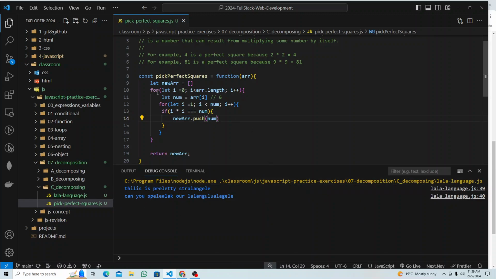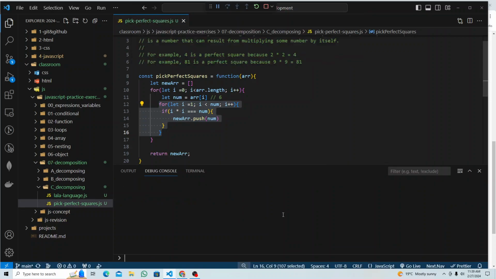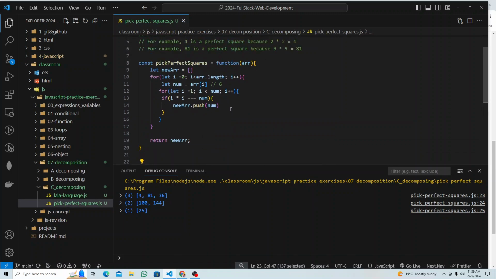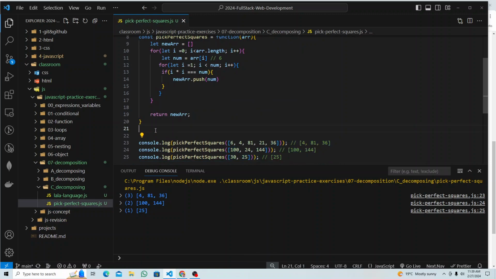I mean, we can write a separate function just to do this part, but let's run this and see what happens. That should work also. So what you see here is 4, 81, 36, 100, 144, and 25. So this works. The other thing we can do is